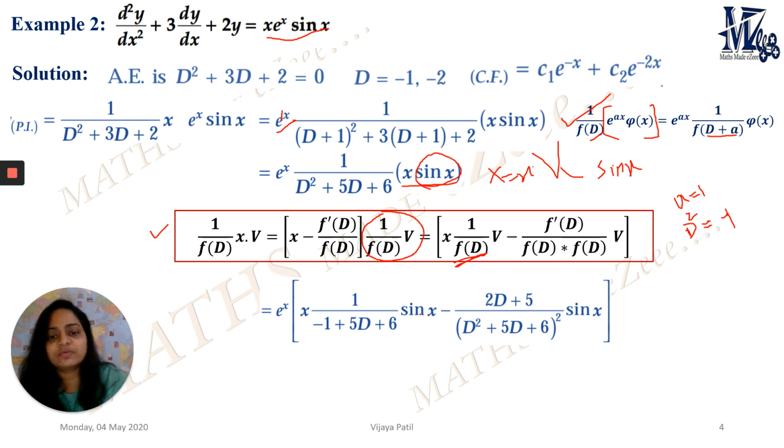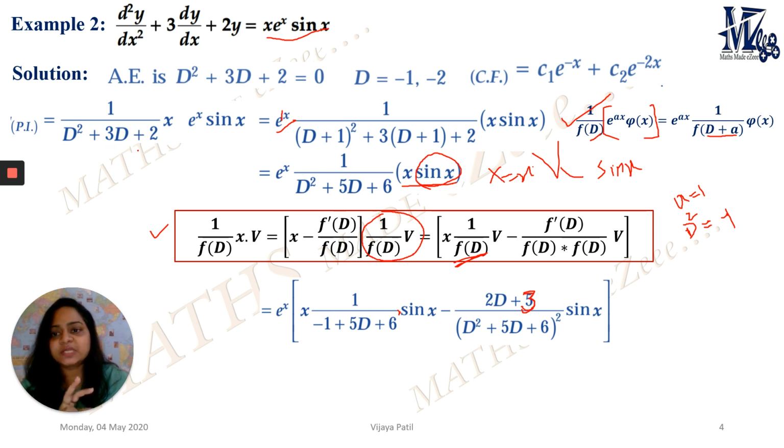So into sine of x, or you can say operating on sine of x, minus this f dash of D. Remember, it's f dash of D. It is not f dash of the f of D the square, right? It's not that. It's just f of D. f of D is what? D square plus 3D plus 2. What is the differentiation? It is 2D plus 3. I think it's 5, I've written it by mistake. It's a 3. Please consider this is a 3, so my answer might change a little bit. Please do consider plus 3 here.